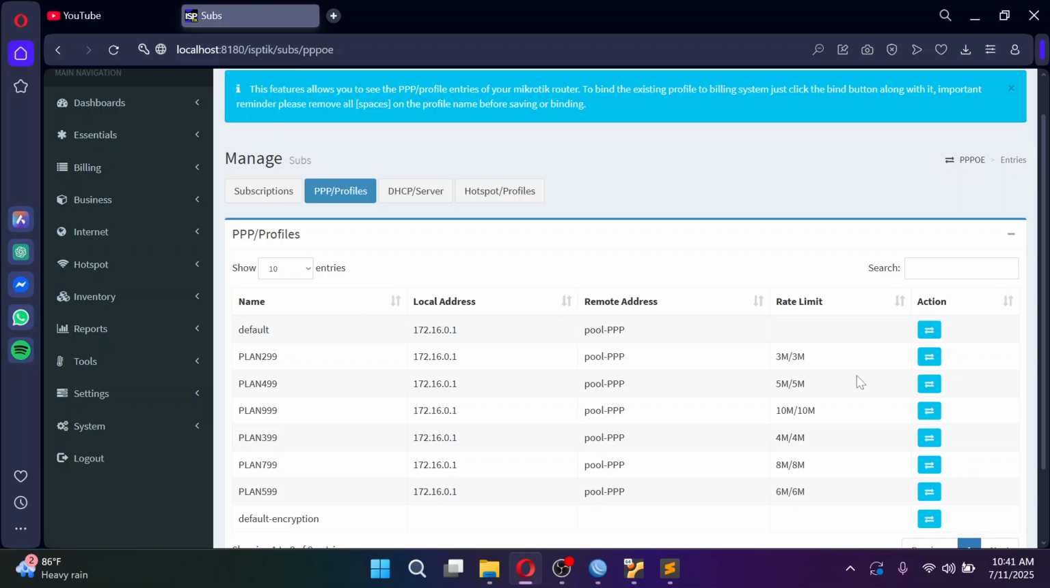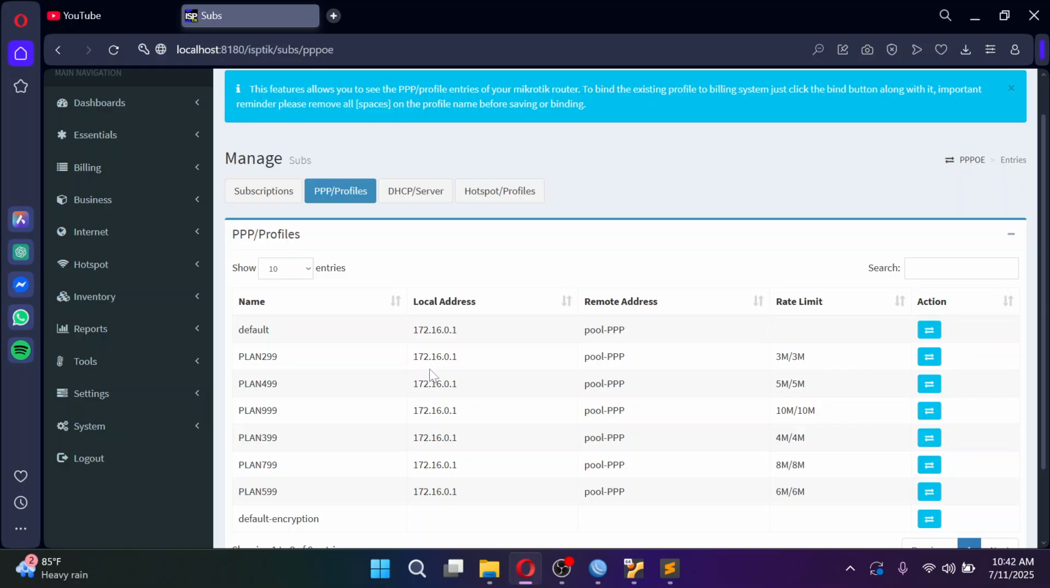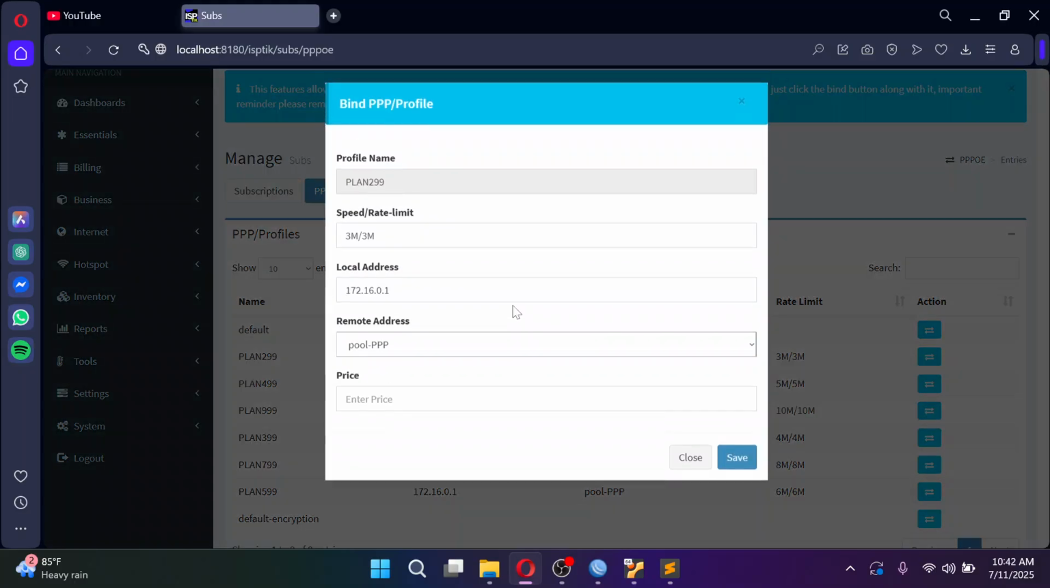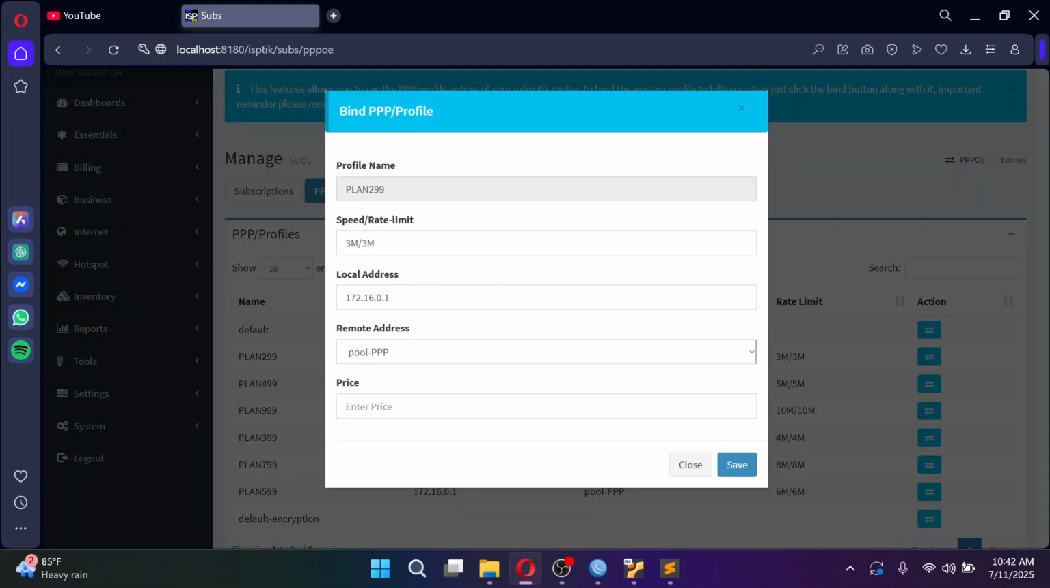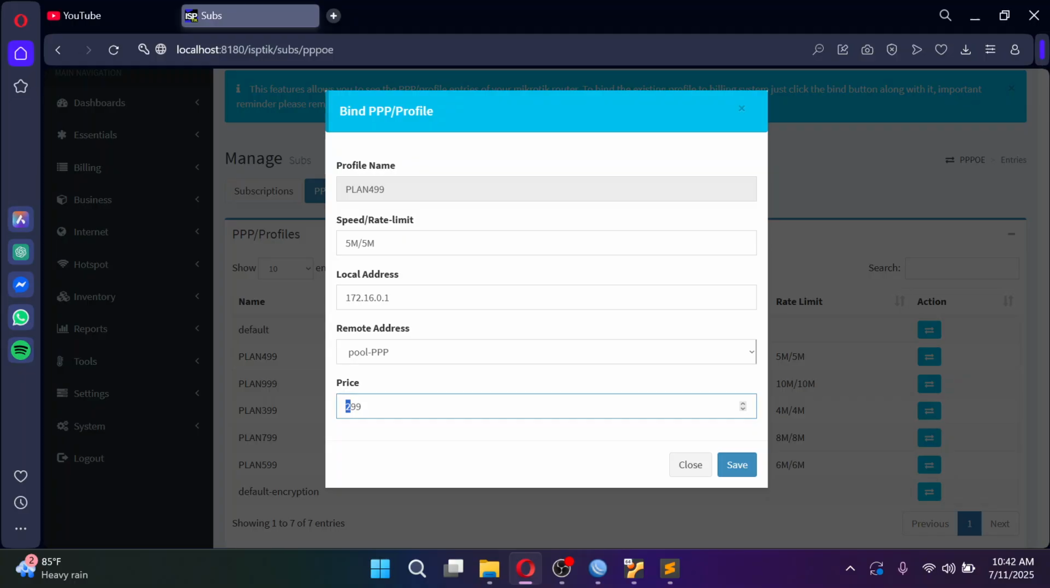Now, what we will do is we will try to bind these profiles from your MikroTik to our billing system. So notice that we will add these profiles to our MikroTik ISPTech billing system. So profile name is preloaded. We will just need the price. So for plan 299, of course, you have 299, save. And then for the plan 499, of course, 499. For the plan 999,